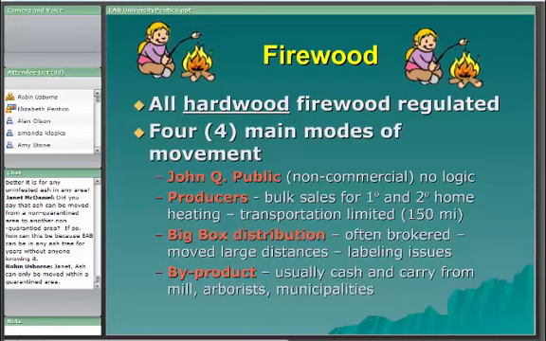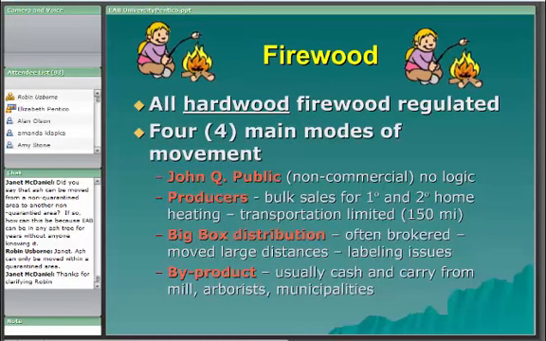We don't like to move without our firewood. There are the producers. These are the people that sell bulk firewood, generally for primary or secondary home heating, particularly in the northeastern part of the country. It tends to be somewhat transportation limited, but we have found that people out west where hardwood is a rare commodity, where they have a lot of softwoods, that they will come here to pick up firewood and move back